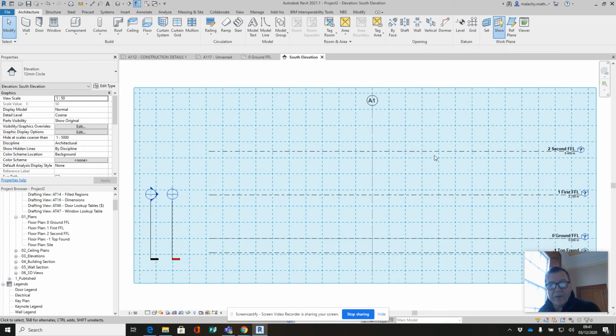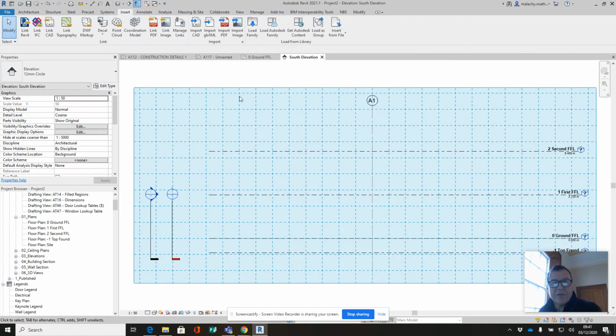Now, in your Revit 2021, under Insert, we have this new tool which allows us to import the PDF. Okay, so you get it. That's why I created the PDF. There's another reason as well. And so it'll come in,